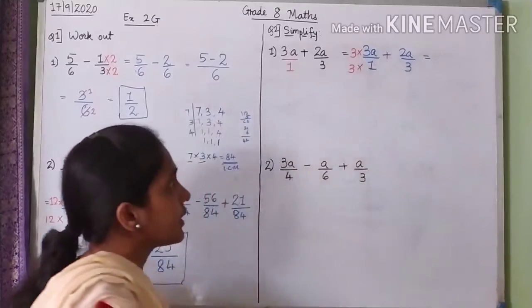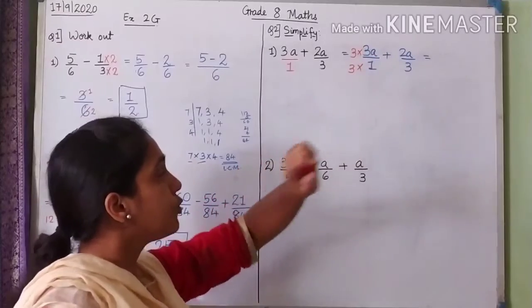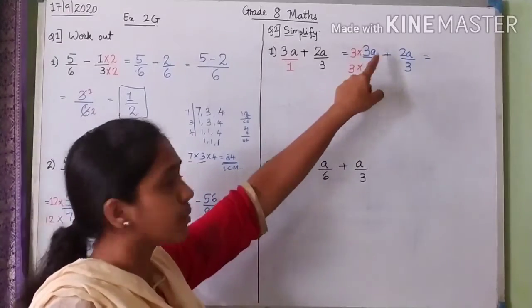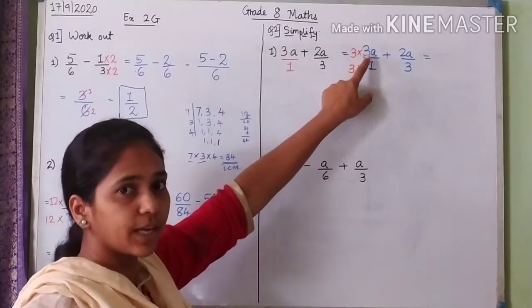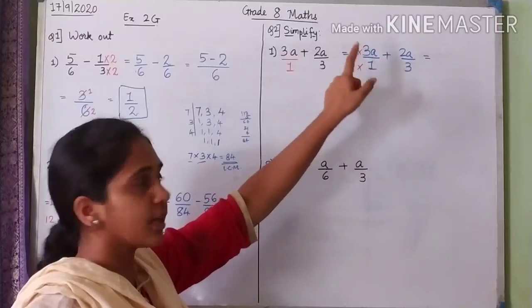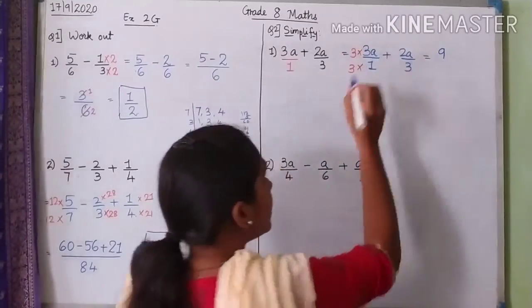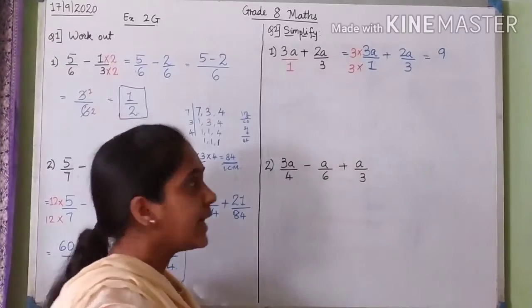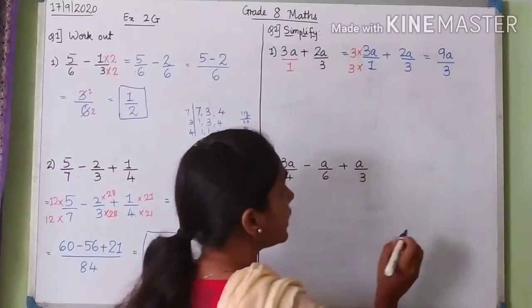3 multiplied by 3a means what? We have seen how we multiply two expressions. Like these are the terms, right? So how do we multiply them? 3 and 3 we multiply together and the variables we multiply together. So 3 into 3 is 9. So I write 9 and there is only one a. There is no other variable which is multiplied to it. So I write only a. Okay. And the denominator will become 3 now.